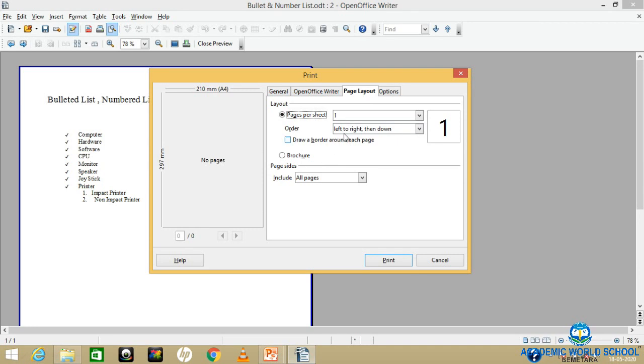Now here, print in reverse page order, you can print in reverse order also. Number of copies, how many copies of the same page you want. For that you have to select this, then open Office Writer. Many options are available here related to page. Here it shows which type of page you want, pages per sheet.